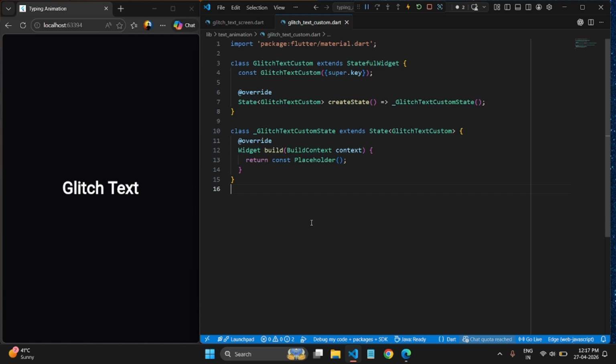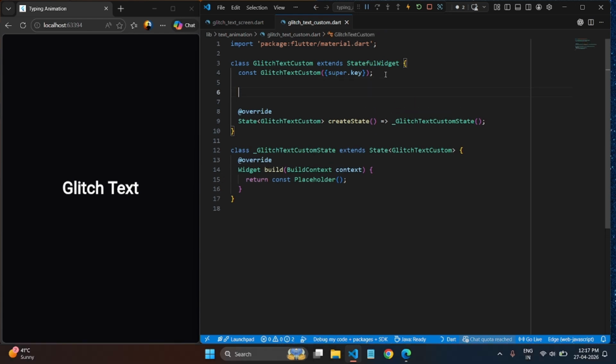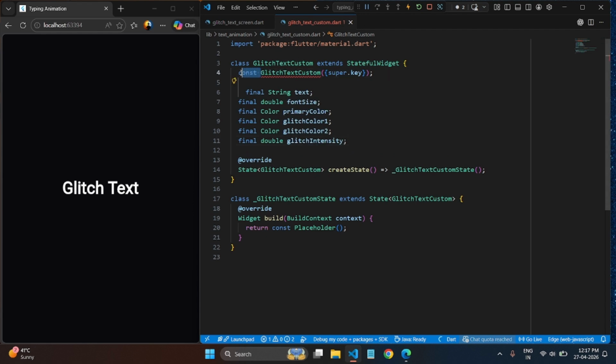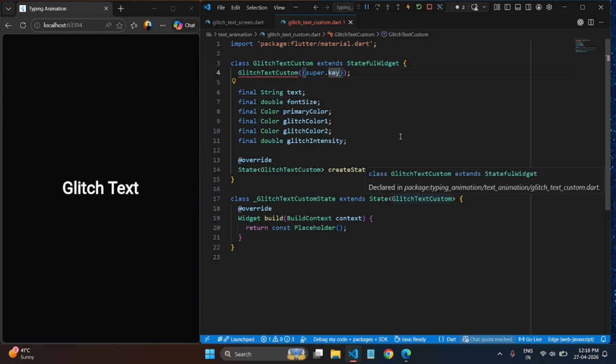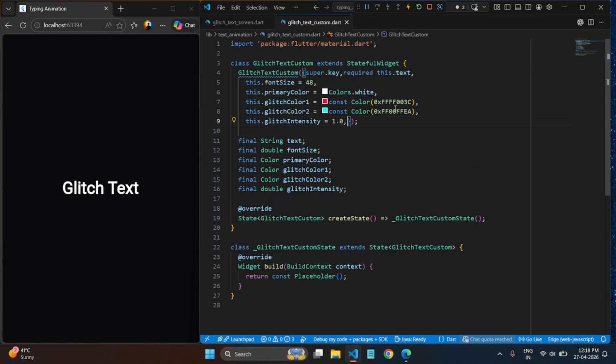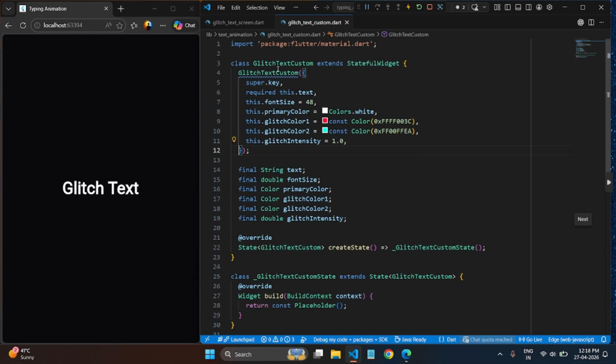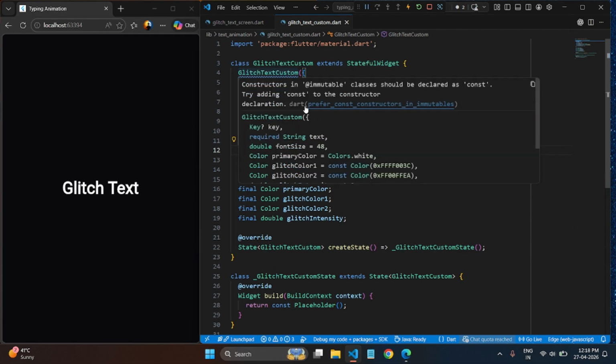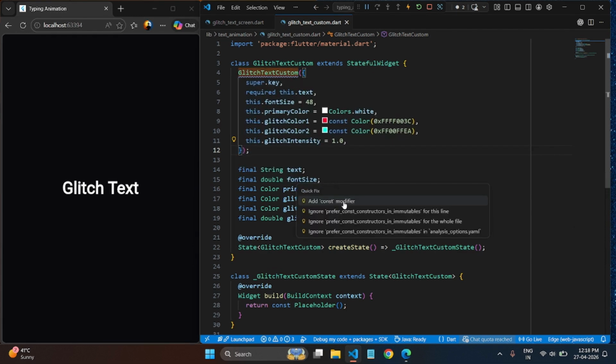Alright, let's dive in. This glitch text class is a custom Flutter widget built using StatefulWidget because it needs to update continuously for the glitch animation. It allows us to customize the text, font size, primary color, and two glitch colors that create the RGB split effect. We also have a glitch intensity parameter to control how strong or aggressive the animation looks. The constructor makes the text required while keeping other properties optional for flexibility. Finally, the createState method connects this widget to its internal animation logic, which we will implement next to produce the